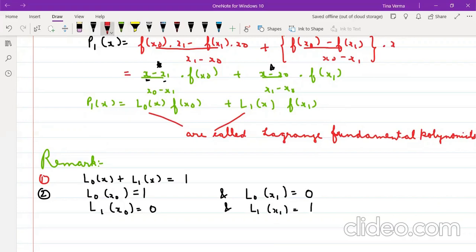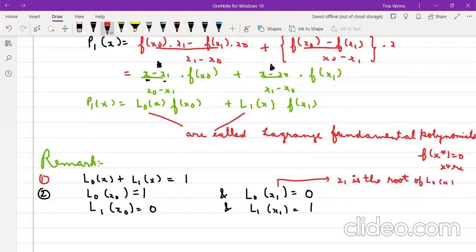We say root where the value of the polynomial is 0, that is my root. That means at x1, the polynomial comes out to be 0. So x1 is the root